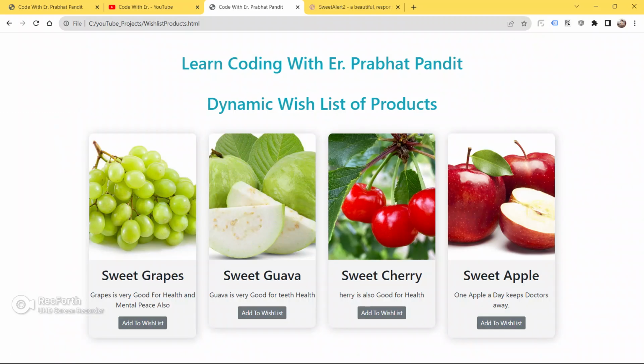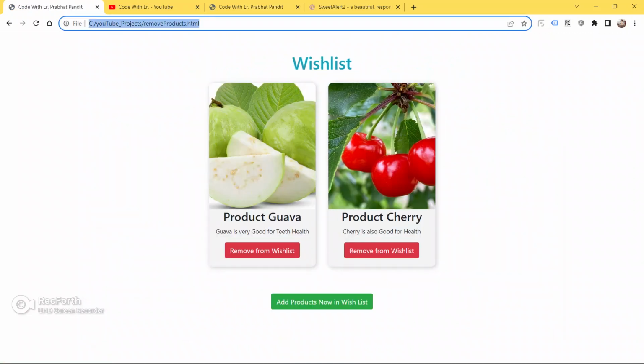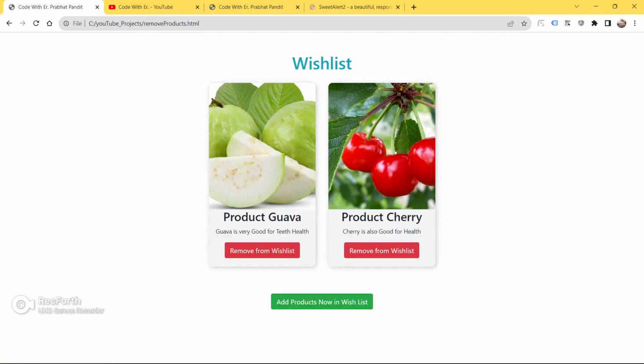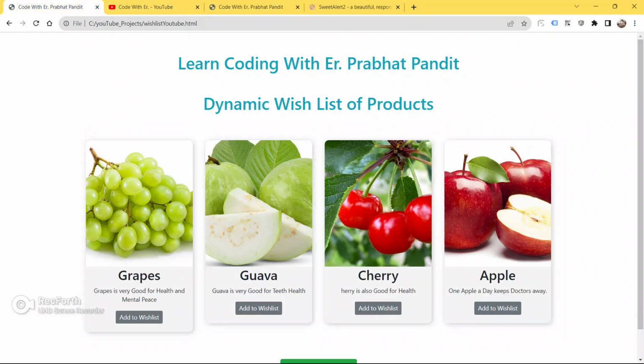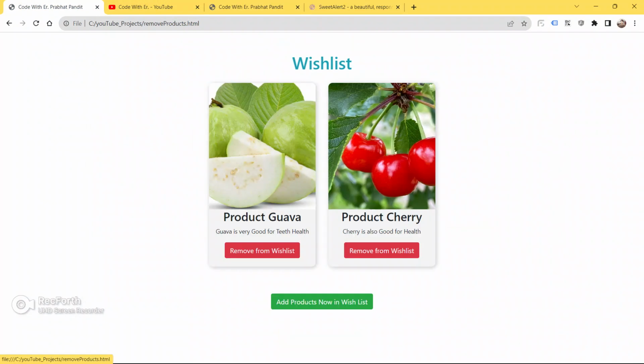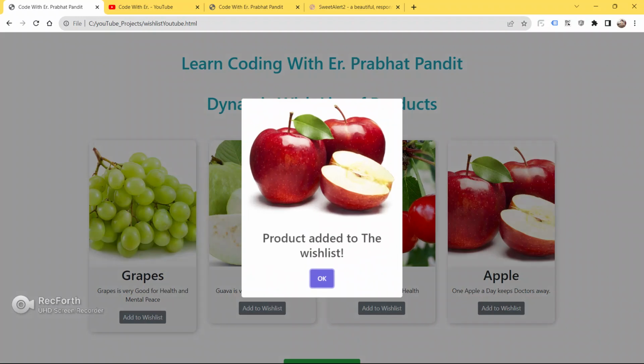Okay, so guys, in the next video we will learn how to fetch this product which we have stored in our local storage in our wish list page. Like this guys, we will learn how to fetch it on another page. I already told you this will be the first video of this series. So I will make a second video, and in the second video we will learn how to fetch the product which we have added to our wish list on our HTML page.